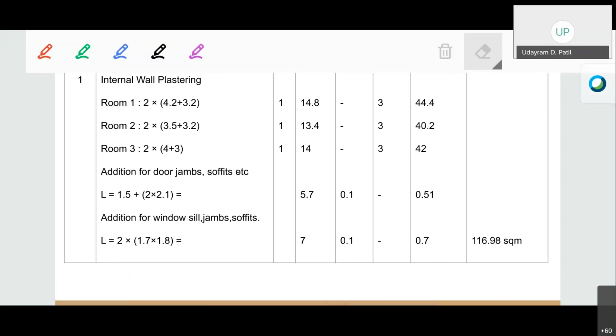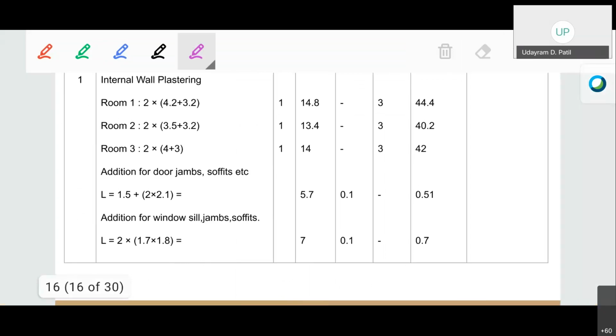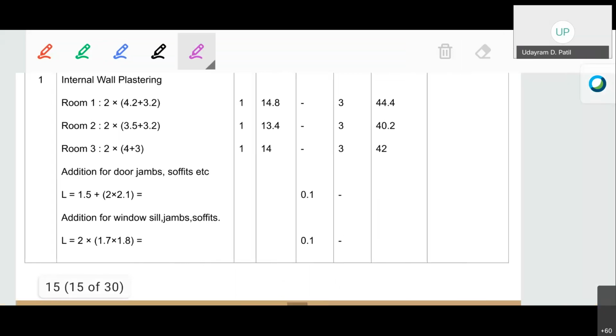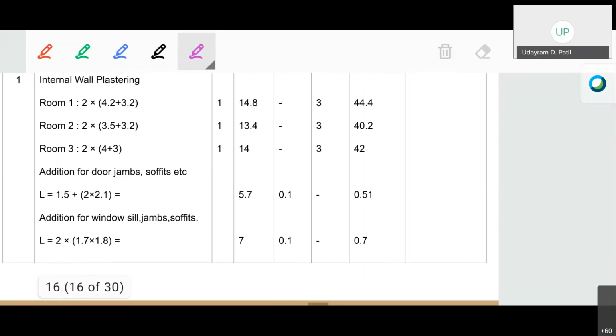Okay, as per my calculation, the quantity is 116.98. Most of the students are getting 116.55 meters square. 116.98, 116.55 meters square. Yes, the variation will be there if you have not calculated. जे काही तुमचे पर्टिक्युलर डॉट आहे याच्यामध्ये तर काही जास्त गडबड नको व्हायला. ओके, इथं काही जास्त आपलं डेसिमल पर्यंत नव्हतं. So the quantity should be 116.98.